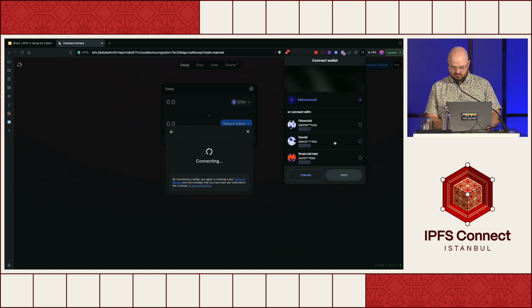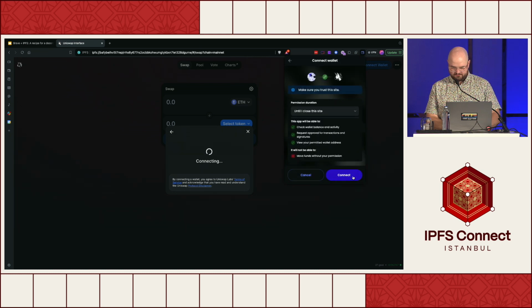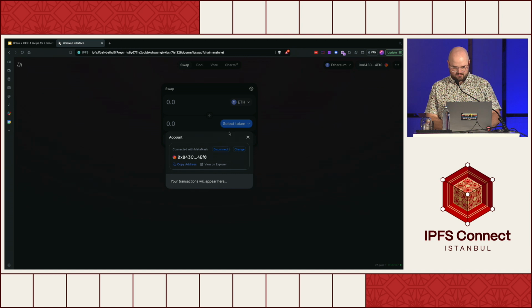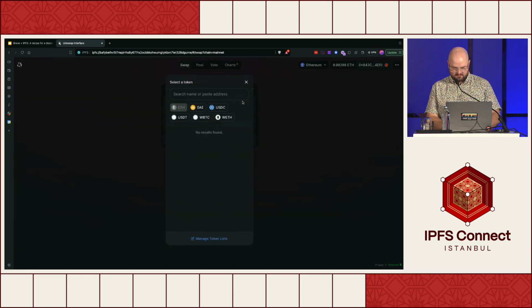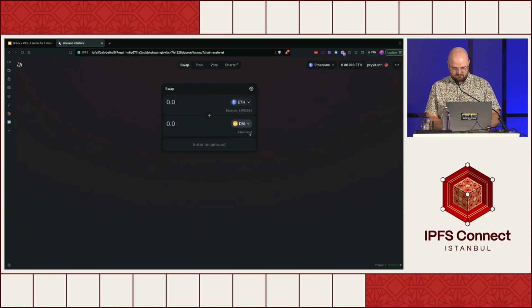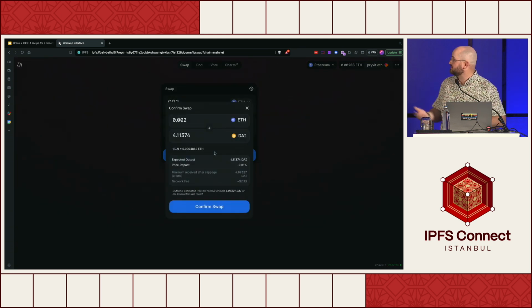And we can do something like this. Connect. And at this point in time, I can basically swap my ETH for something like, say, DAI. So let's say I did. It's grabbing the prices, and I can go through and execute a transaction.